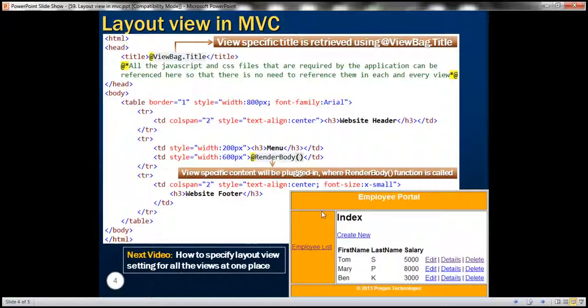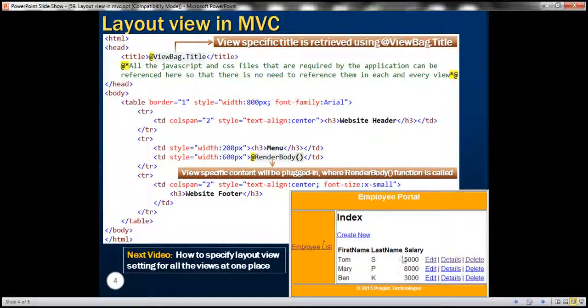But then in the first row and in the last row we just need one TD, but the width of that TD has to span the width of two TDs. That's why we are setting the colspan to 2. And then we want the text to be aligned center, so we are setting the style attribute and then specifying text alignment of center. Okay, and then here we have a text which says website header. We're going to replace that with employee portal. Okay, and then in the middle